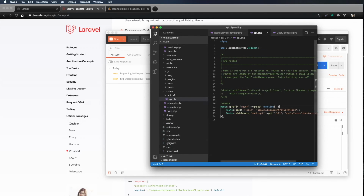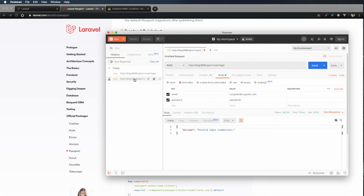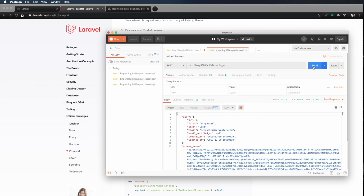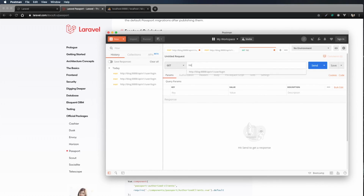Let me double check. I have it in my routes file, and I have middleware, so I'm going to have to pass the token. I'm going to minimize this, and let's go back over here, and we want to grab our token. So let's grab our token right here, and we'll create a new request. This time it's a GET request. It's going to go to API /v1 /user /all,